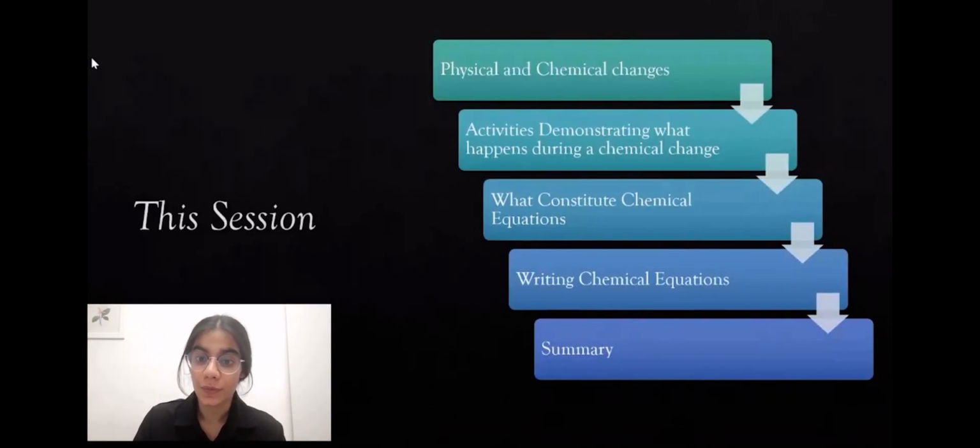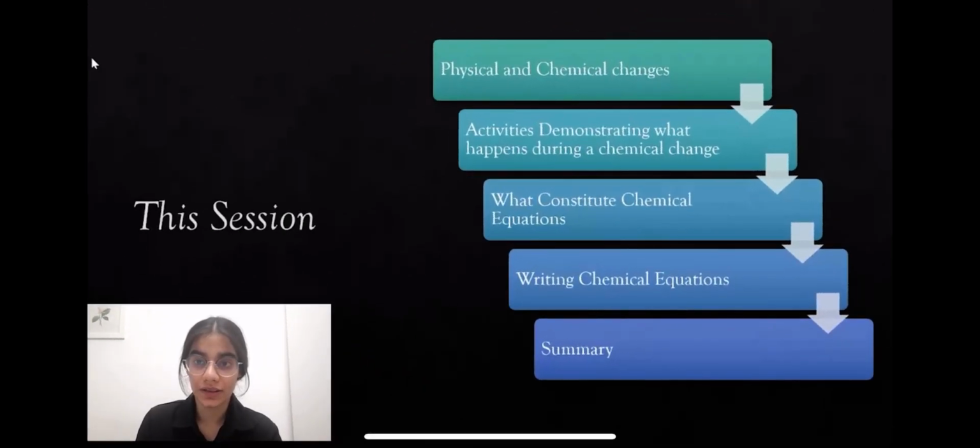In this chapter, we would be studying about physical and chemical changes, how do we distinguish them, and some examples to demonstrate physical changes and chemical changes. We will study three activities that will demonstrate what can happen during a chemical change. We will then study what chemical reactions are and what constitutes a chemical equation. We will study them by giving some examples, and then we will try and write chemical equations followed